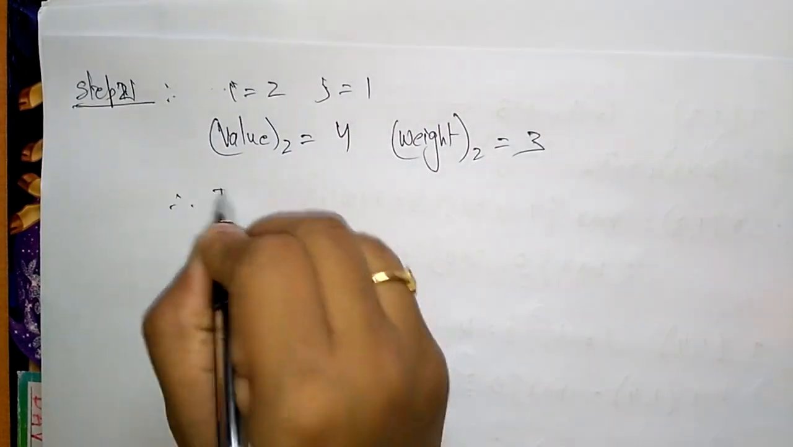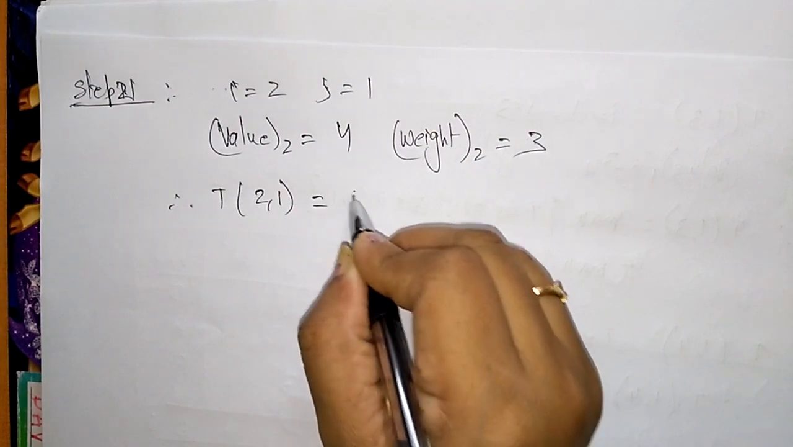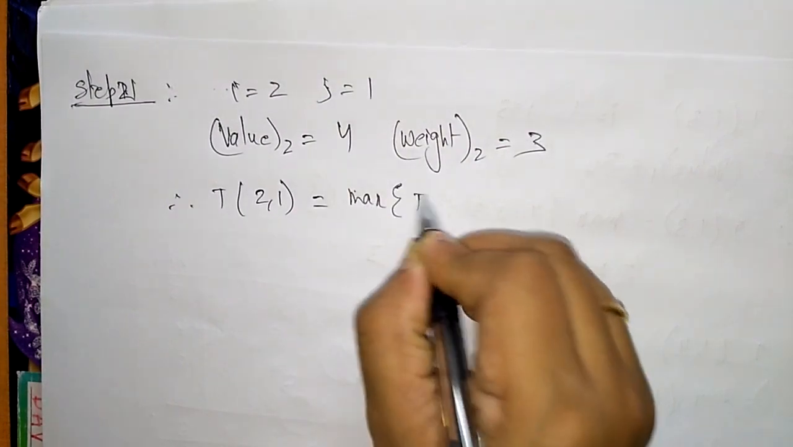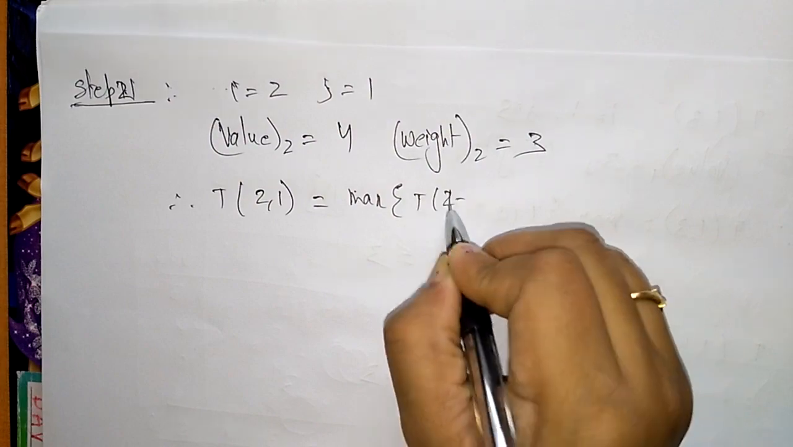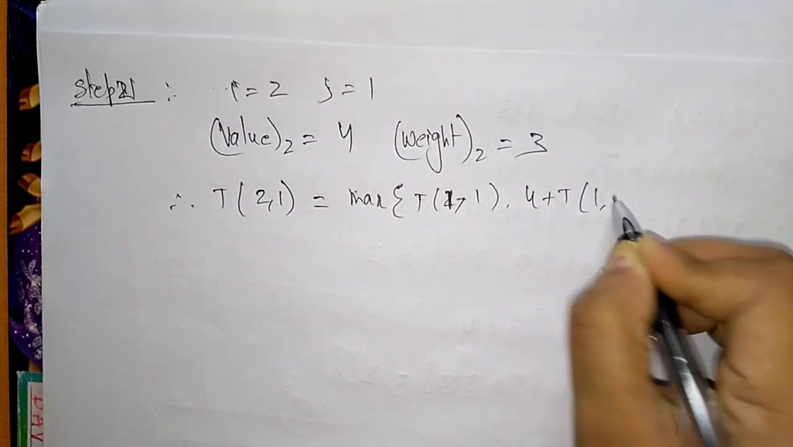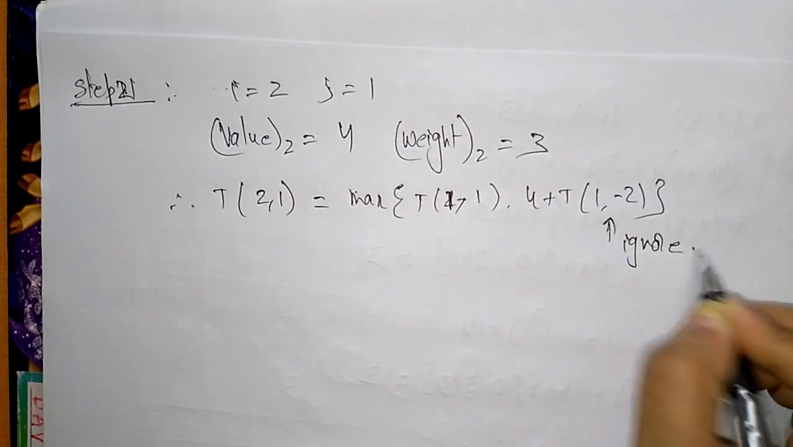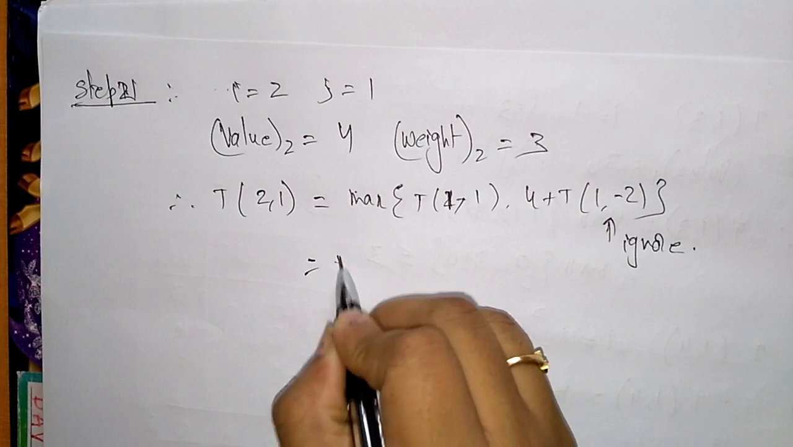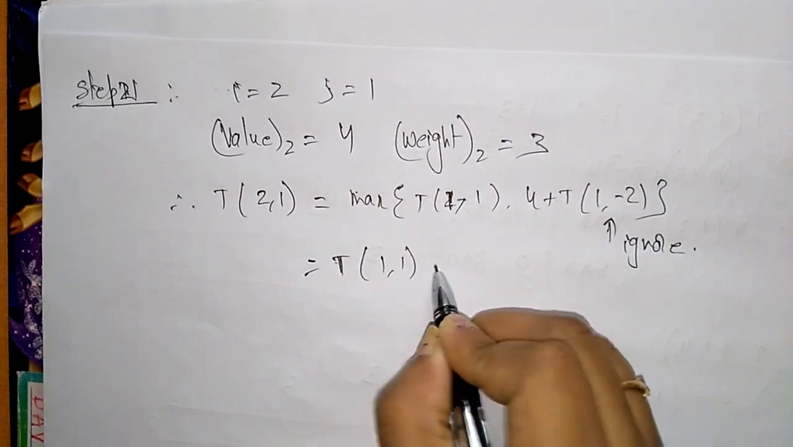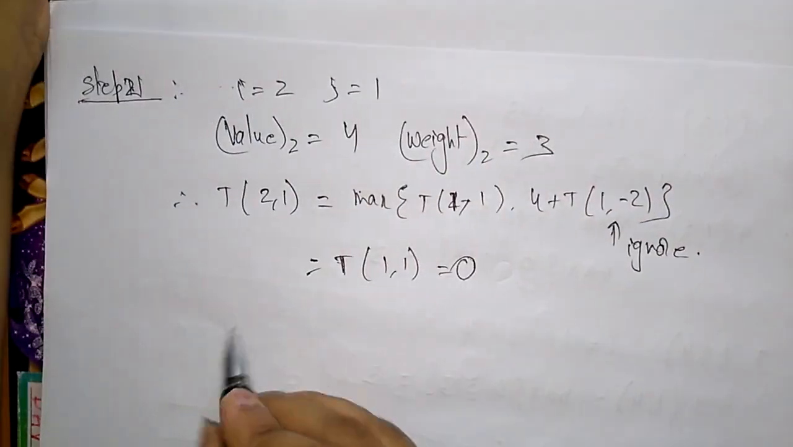So just substitute T of 2 comma 1, we will get the maximum of T of 2 minus 1 comma 1. So directly I am writing 1 comma 1 comma 4 plus T of 1 minus 2. So just ignore this value because it is negative; negative weights are not accepted. So finally T of 1 comma 1 we will get 0. So just substitute 0 here, and the next value is